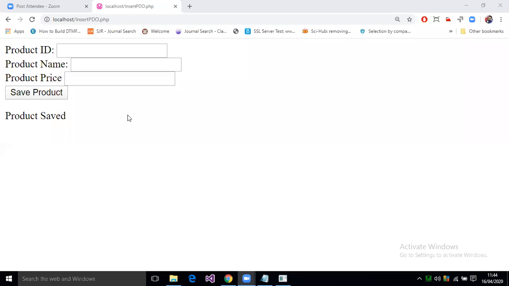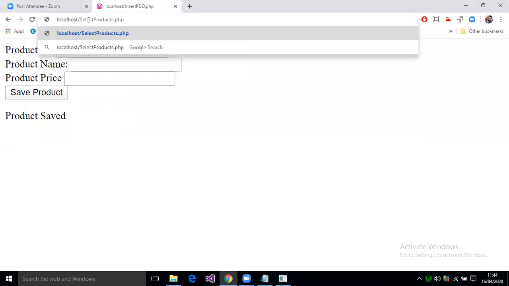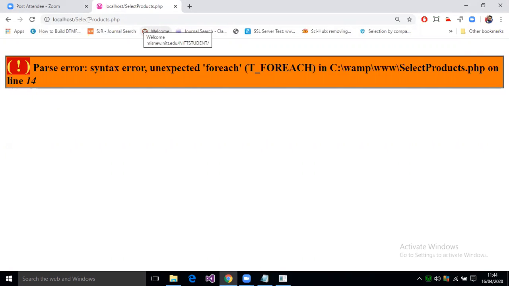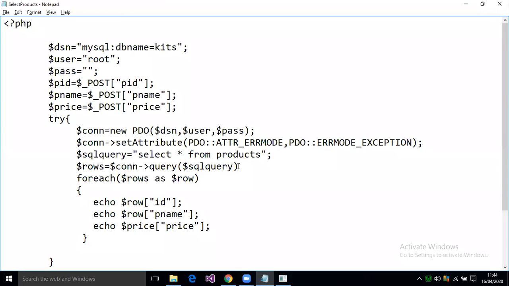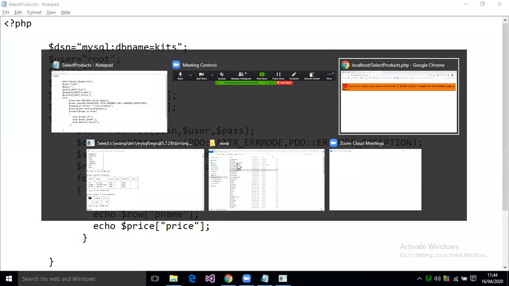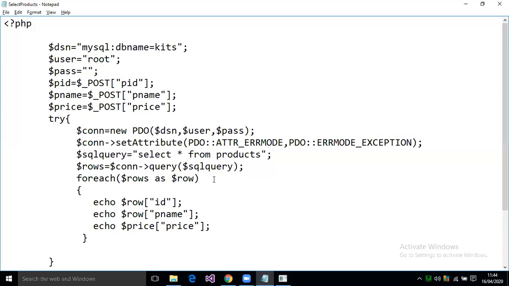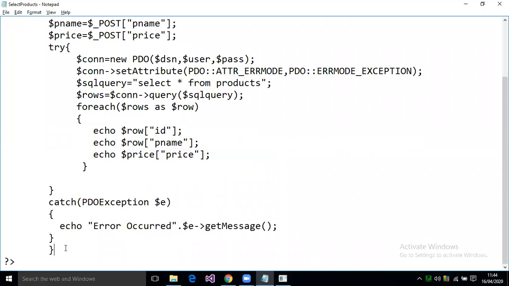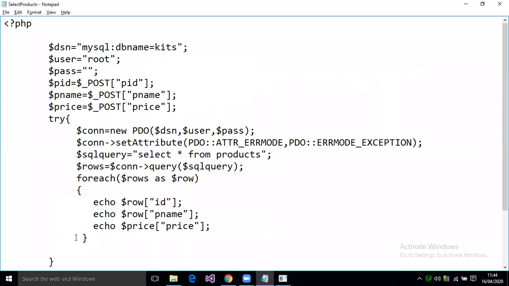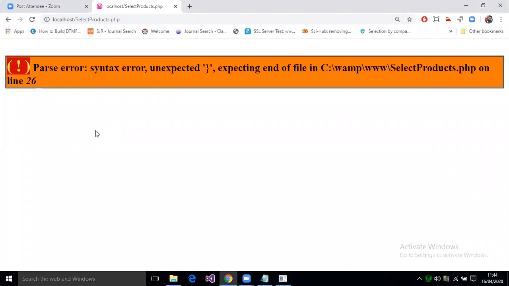Now I need to run this file called select product.php. There is an error again. I missed a semicolon, that's the reason you're getting this. There is another error, I did not close this if condition block.